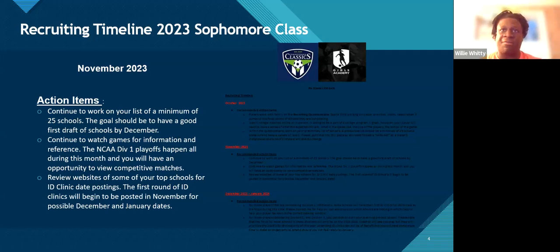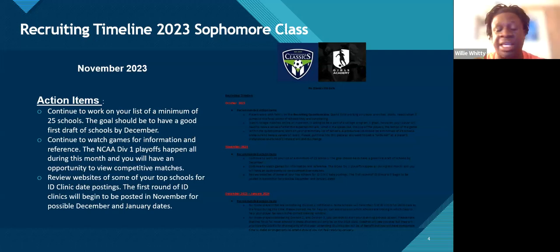So you want to have a few backups. 25 is a good number. If you're at 20, I would say you're good. Anything less than that, it's going to be a real tight number unless you know for a fact that school wants you at that institution. If you're looking at it from a perspective of I'm just creating a list, I'm starting brand new, I would say 20 to 25 is a very, very safe, very good place to be.